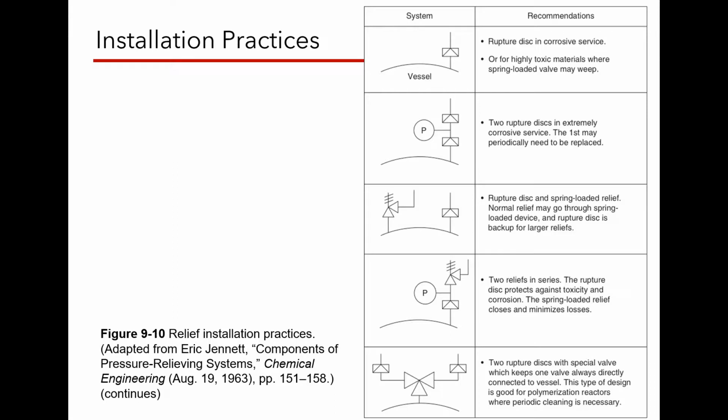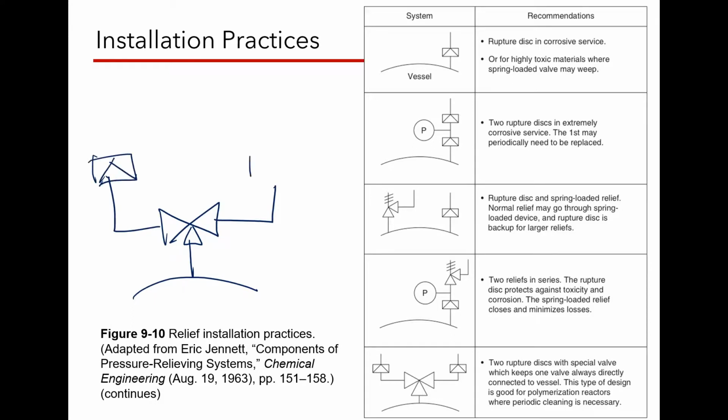So what about case number 5, where you have two rupture discs, but you rotate them? When do we want to use cases like this? This is another unique scenario where you have a drum, where you have an alternative valve. This is where you can either use here or you can use here. You have two rupture discs here. This is used when we have what we call a polymerization process, where periodically, let's say for example